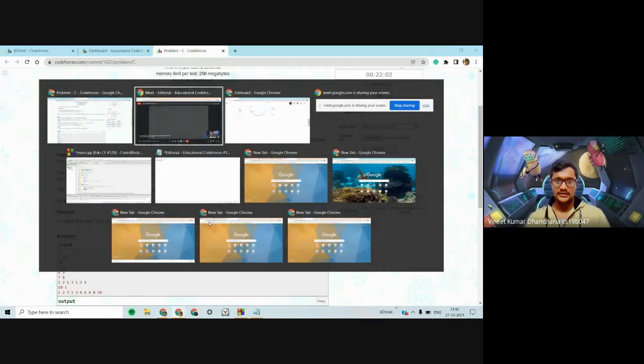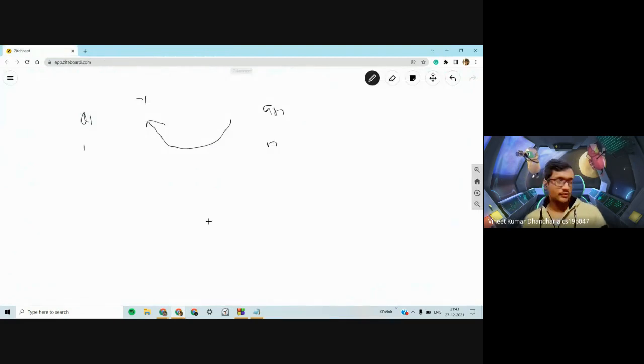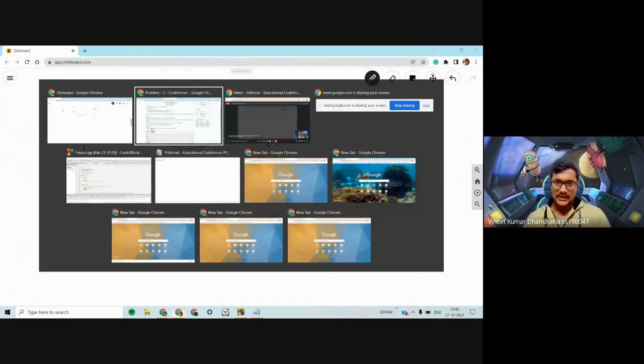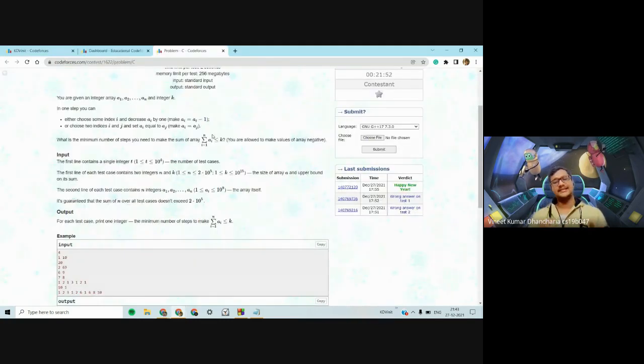One thing which obviously you can see directly is that whenever you assign a number ai to aj, you would assign it the minimum value of the array, because you want to minimize the sum. So if you want to do the second operation, whichever element you do it on, you would make it equal to the minimum element of the array.